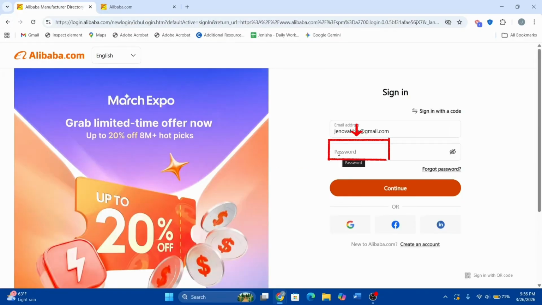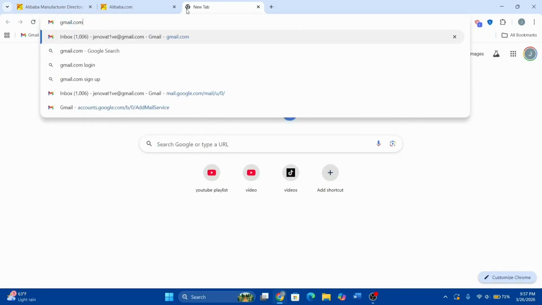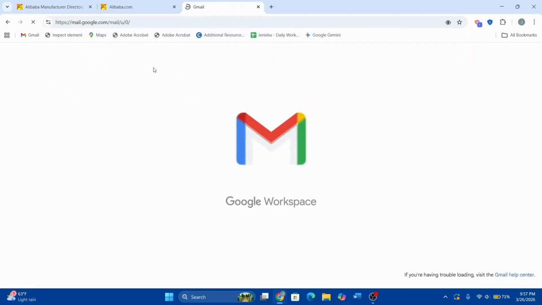So just go over and create a new password, and here enter your new password. Once it is done, you can click on continue and confirm and login, and that way you should be able to reset your password. If you have not received the code inside gmail.com, you may head over and look out